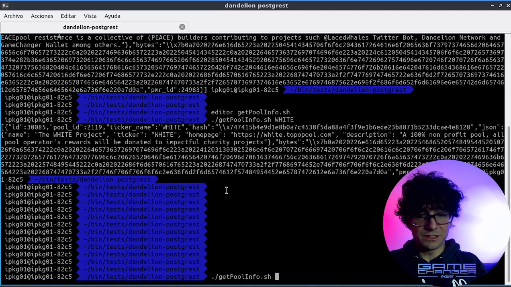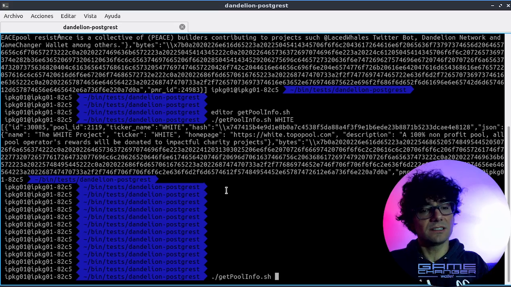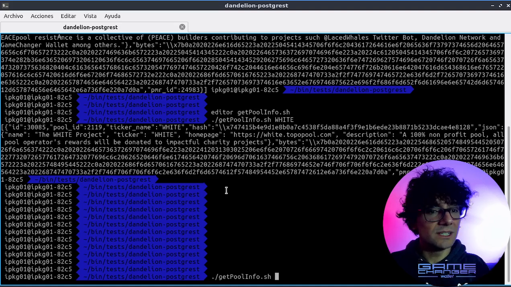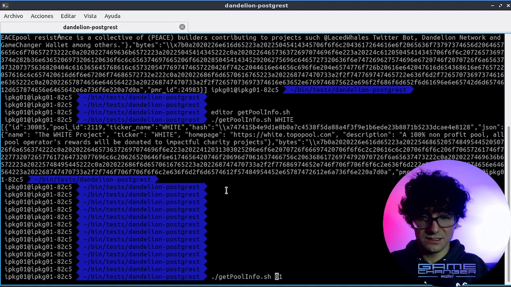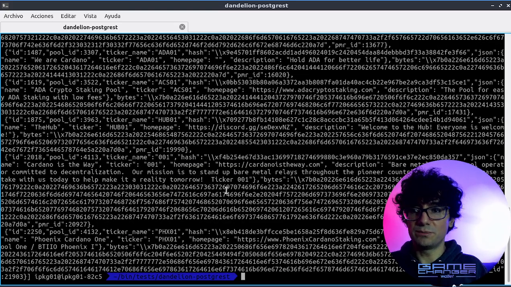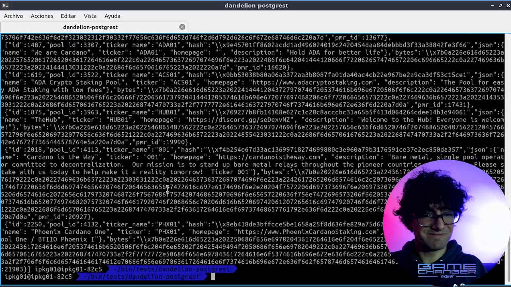For example, because we said that it has to contain a keyword, not being exactly equal to the keyword, we can, for example, search all the pools that contain this 01 keyword